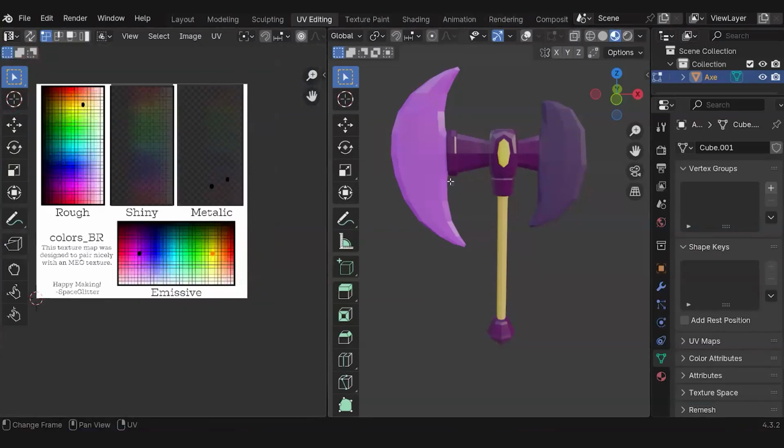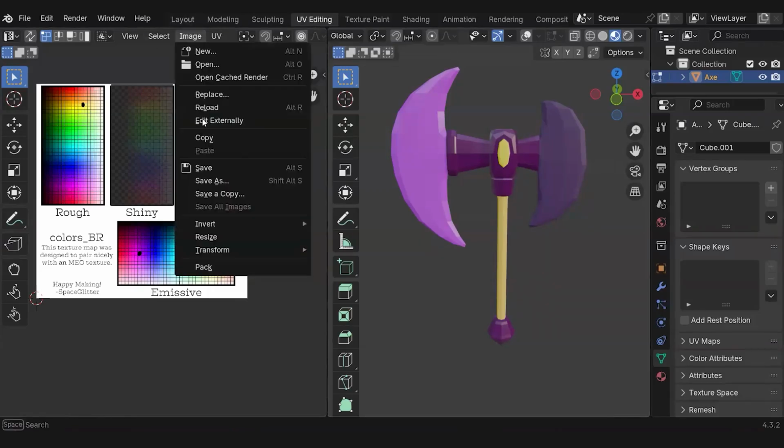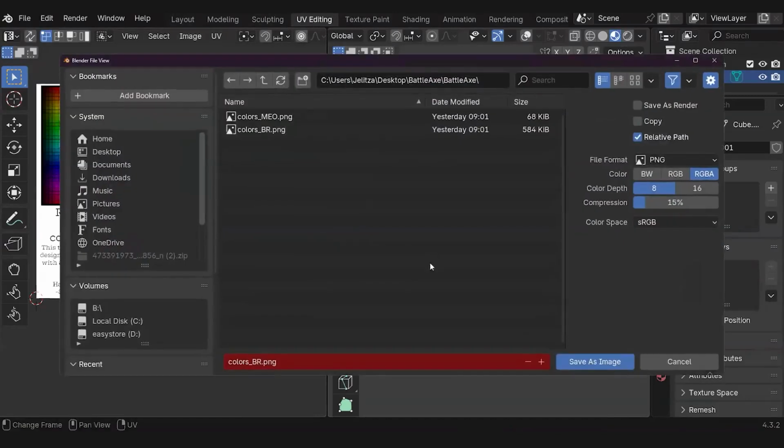Okay. So let's say you have a model and no texture, but it shows up in Blender, right? And there are scenarios where that happens. So I'm going to go into the UV editing tab, and then I'll go to image, and then I can actually save out the image from here. So if I do save as, I'll have the texture image. And sometimes those assets will come with a JPEG or other file type. You can easily change it by saving it out as such.